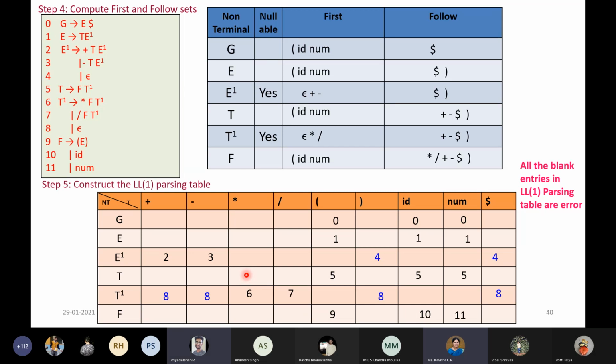Because I'm using this table. So why did I construct this table? To make my job easy only I constructed this table. I can predict what has to be applied. Now I am using that directly. So you don't try for any other choice. Once your table is ready and if you have constructed it properly, you'll be using this table only. Using this table only you're going to parse in the stack. Is that clear? Yes, ma'am.